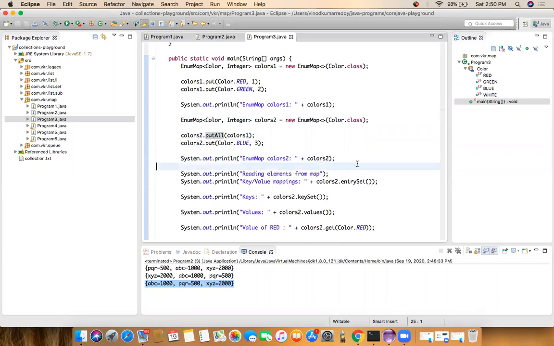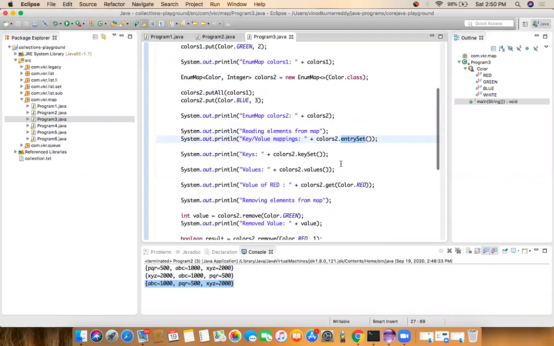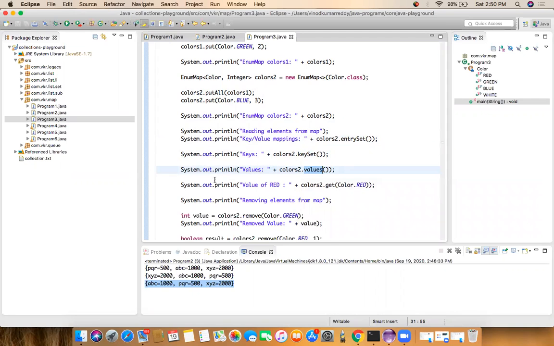Now how to read the elements of the EnumMap? Reading the elements of the EnumMap is done by calling entrySet to get the key-value pairs. If you want to get only the keys, we have keySet. If you want to get only the values, we have values.